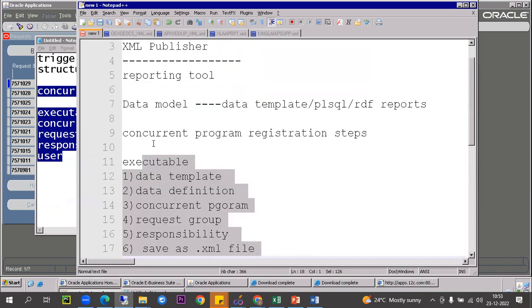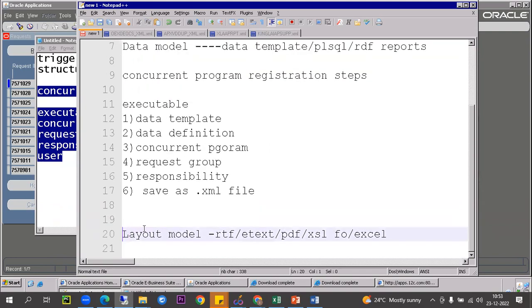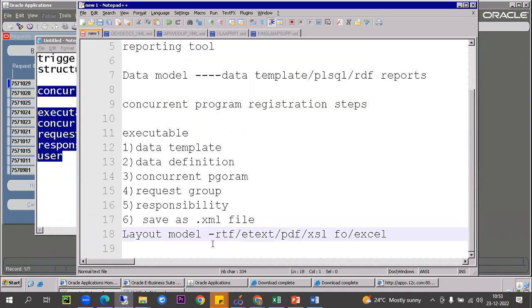So now the layout model, we have to take it. This is a layout model. I am taking it right now as the 7th step, that is RTF, rich text format. These are all different examples. Excel template is different, PDF template is different. But right now I am talking about RTF, rich text format. So to create an RTF,